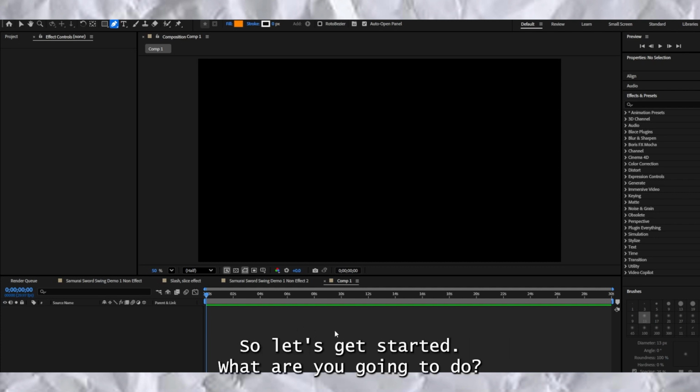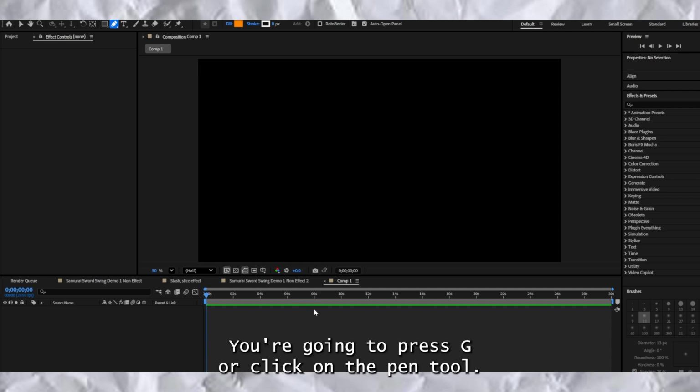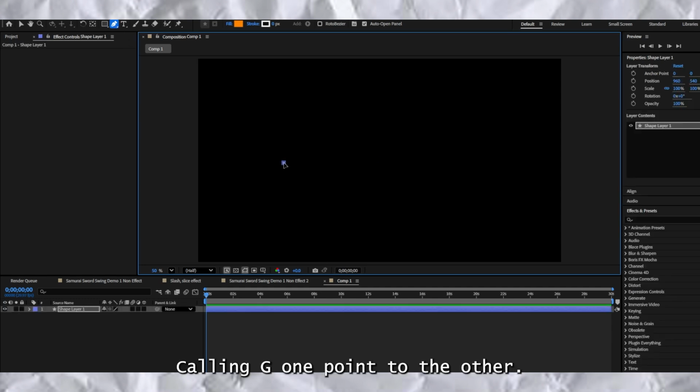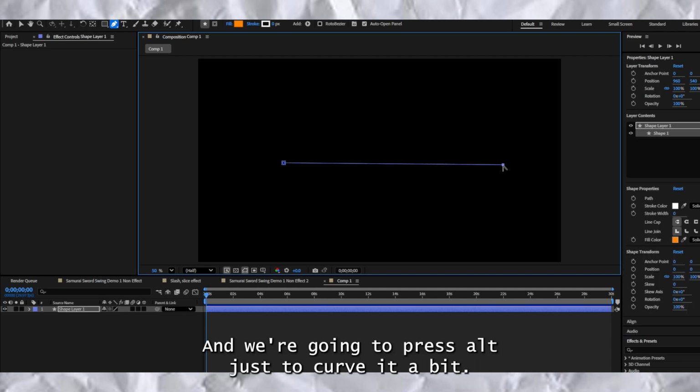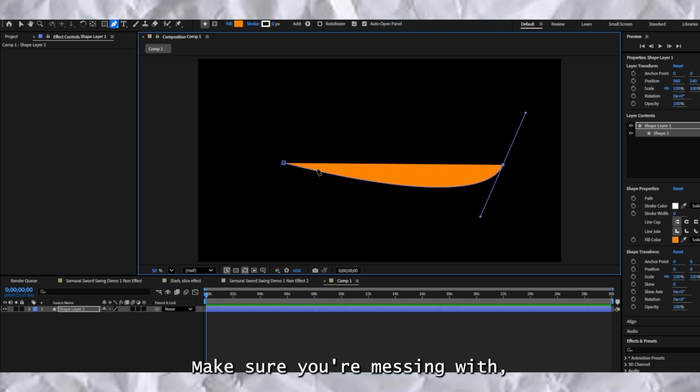So let's get started. What you're going to do is make your own composition. Make sure you already have that on stack. You're going to press G or click on the pen tool. You click G, one point to the other, and we're going to press Alt just to curve it a bit. Make sure you're messing with the